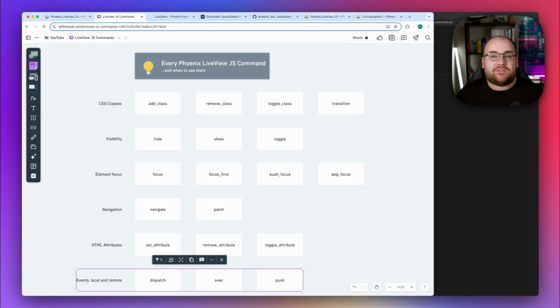The next time you feel like you have to abandon Elixir, just know there's more options than an all JavaScript